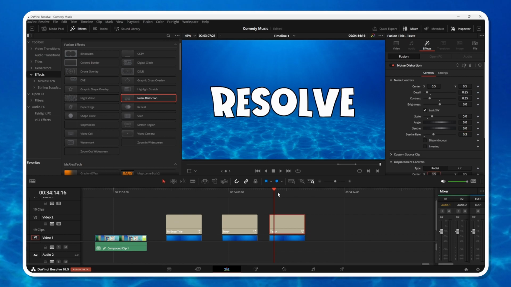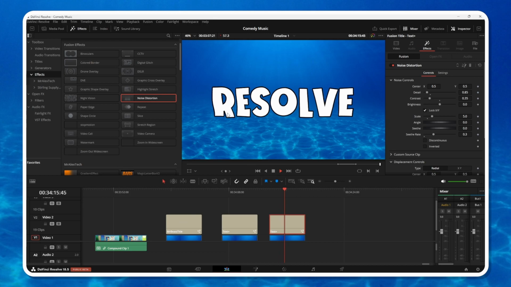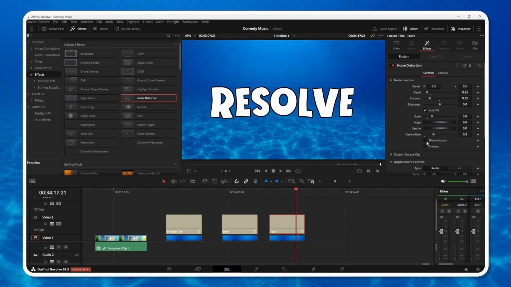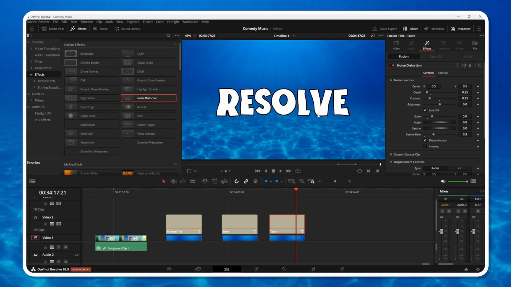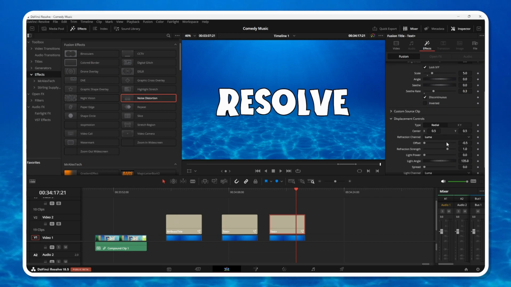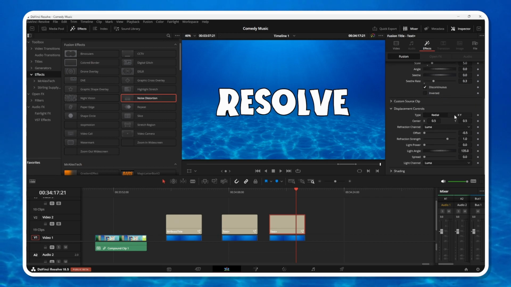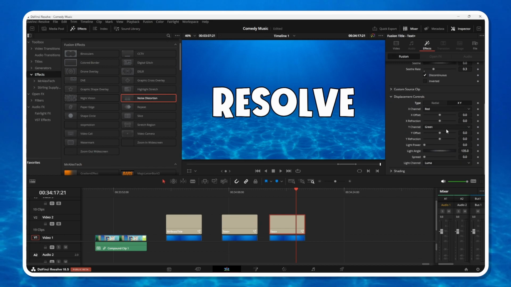This is going to add movement to it, but as you can see, it still doesn't look right yet. You want to go ahead and click discontinuous so it doesn't repeat the same pattern. It changes it up. Keep discontinuous clicked no matter what. Do not change this. And then finally, we're going to go to displacement controls, X and Y, and change all